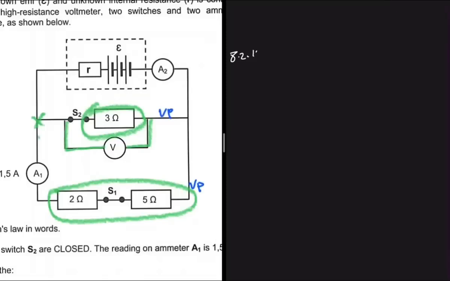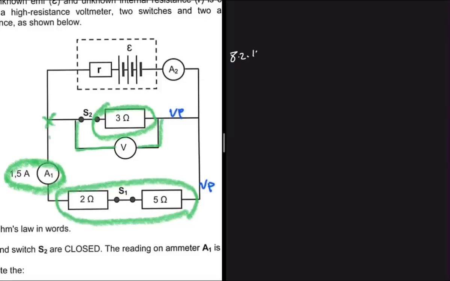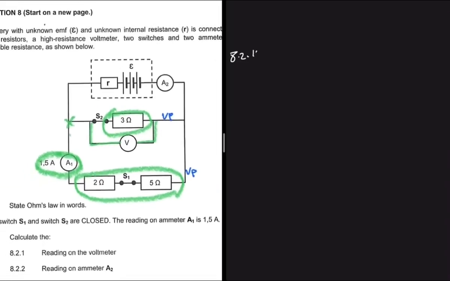So to find the reading on the voltmeter, we can actually use this current we are given in A1 and multiply it by the resistance of these two resistors. We can find the VP by doing that, right? We know that if we do that, it's going to be the same value that is in the voltmeter, because the 3 ohm resistor is in parallel with the 2 and the 5 ohm resistor, right? So what are we saying? We're saying that we can have